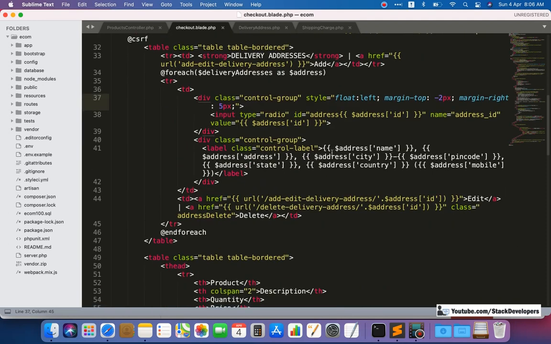Here in addresses. Okay, so here it comes. I will pass everything here. I will pass the shipping charges, I will pass the total price, I will pass the coupon amount to jQuery, so that we can calculate the updated grand total. For that I will pass here an input type. I am going to pass the shipping charges here, like this so that it will be clear to us.